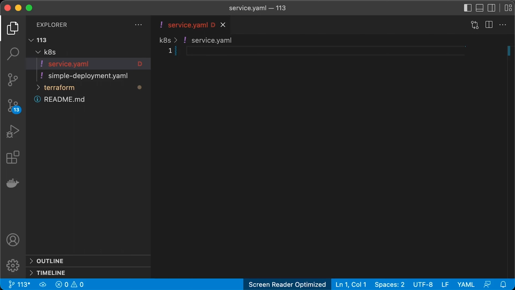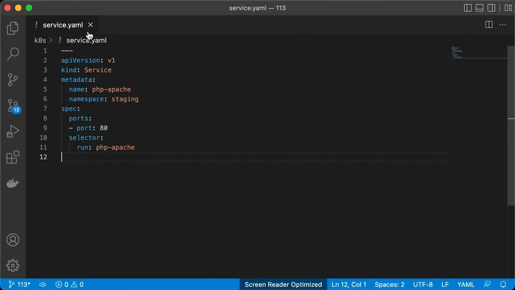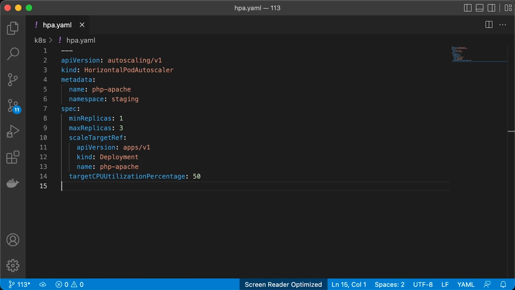Before we can test autoscaling, we need to create a service for our deployment. Make sure that you specify the same namespace where you deployed the Apache. Then, a fairly simple autoscaling policy. Specify the minimum number of pods and the maximum. Then the reference to the deployment object. For the target, let's just use the CPU threshold. If the average CPU usage of all pods in this deployment exceeds 50%,